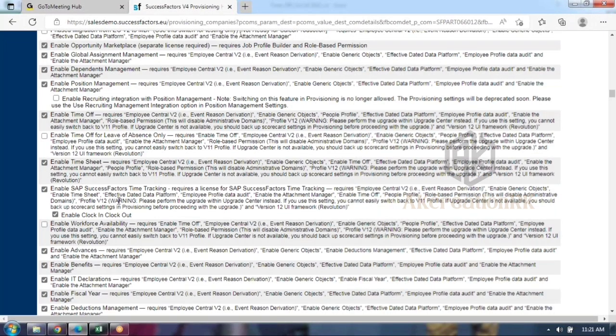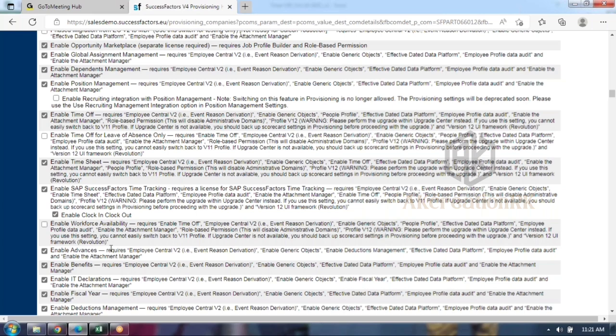Even though there is no proper documentation or material for this activity, guys, they brought up this additional feature because they want to go by some business kind of thing. In the older versions, only time off is there under Employee Central. If you are an Employee Central certified consultant, you can build this time off project as well. But now, effective from 1H 2022, in order to implement your customer's project, make sure you are a certified consultant on time tracking.